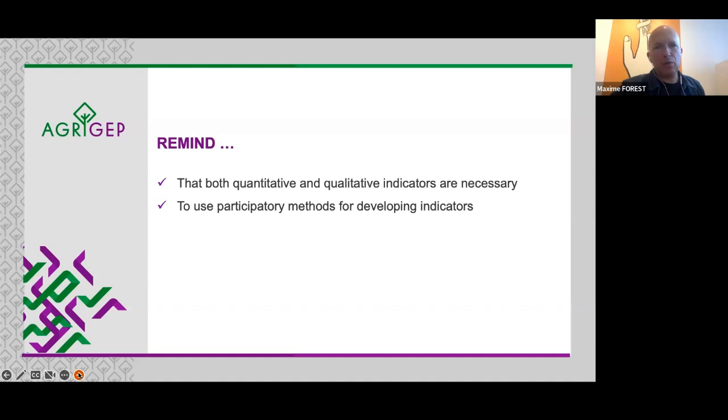Using participatory methods for developing indicators, I think we will agree with Lut and Pam that it's important in many ways, not only because it empowers you more, it makes you part of the process, it gives you an opportunity to engage with stakeholders, and we know in AGRIGEP it's one of the big questions, and you do it from the side of their expertise, which can be sectorial and specific, and it's easier to get people on that than discussing gender bias in academia in general. They might help you to measure things better, but it's also important because we have just a fraction of the